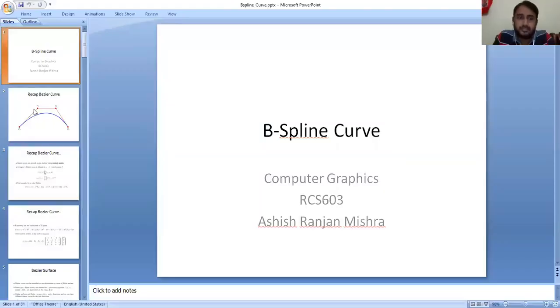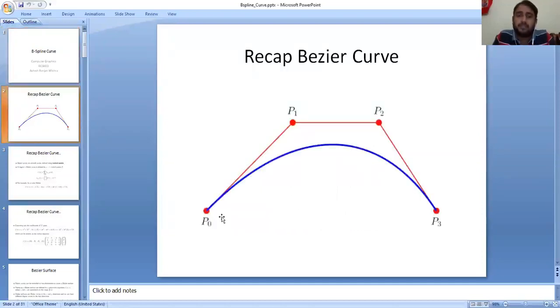Bezier curve is a curve made with the help of some control points. The specific definition is that in order to draw an n degree Bezier curve, you must have n plus 1 control points. You can see in the slide that there are 4 control points, P0, P1, P2, and P3, and this Bezier curve is drawn with the green line, which is the cubic Bezier curve.